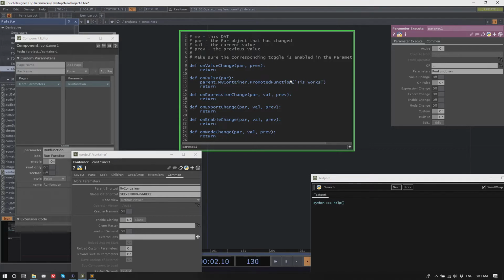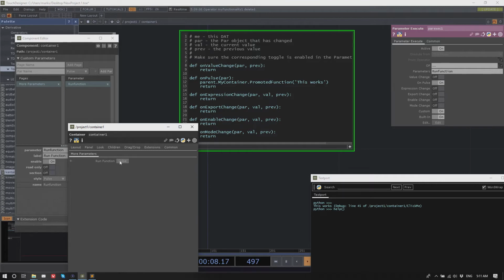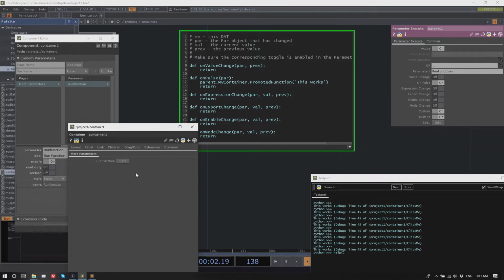This works. And now if you click the button, this calls the promoted function from a parameter.